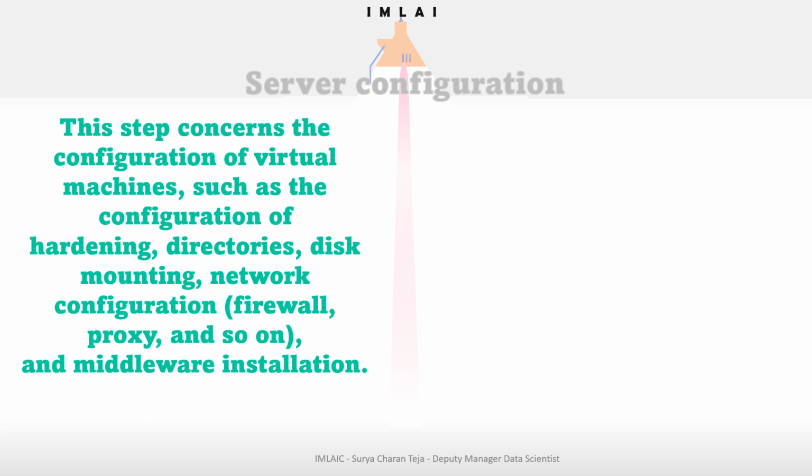There are different configuration tools such as Ansible, PowerShell DSC, Chef, Puppet, and SaltStack. Of course, there are many more, but in this course, we will look in detail at the use of Ansible